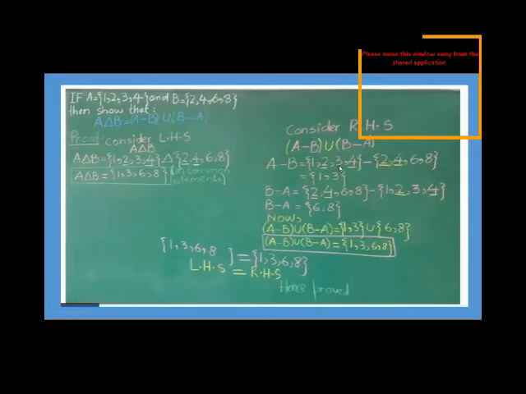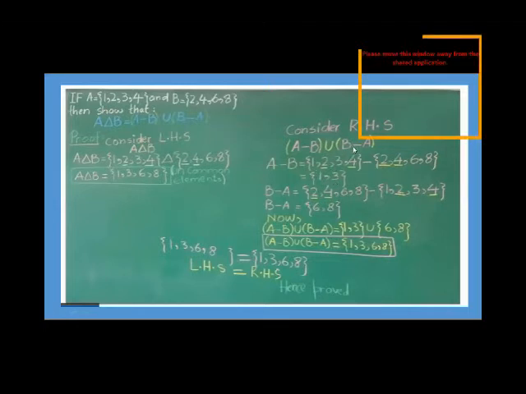I am repeating again. For finding difference, compare the two sets and then see what the common elements are. You will drop or ignore the common elements, as I have ignored 2 and 4 here because they are common elements. Then see what is given in first position. Set A is given at first position. So that's why we note down the uncommon elements of set A, which are 1 and 3.